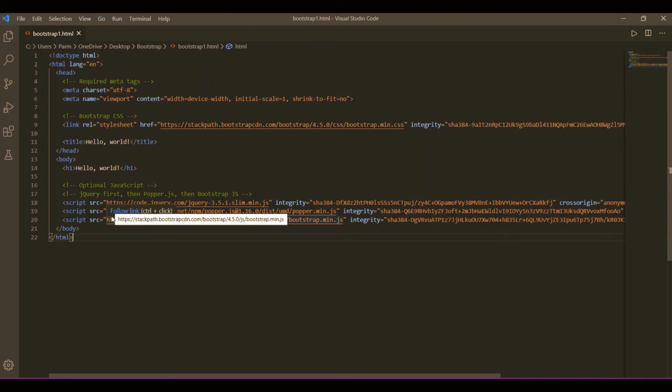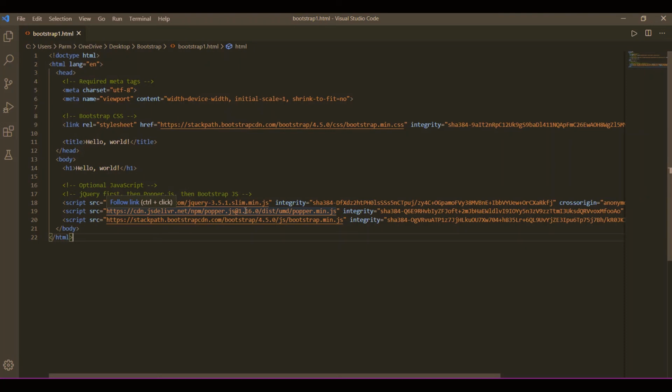Whenever we have to include this, we first have to include jQuery, then Popper JS, then Bootstrap JS. These are the three files, because we already mentioned that Bootstrap depends upon JavaScript.